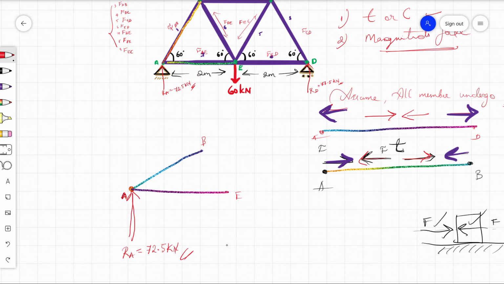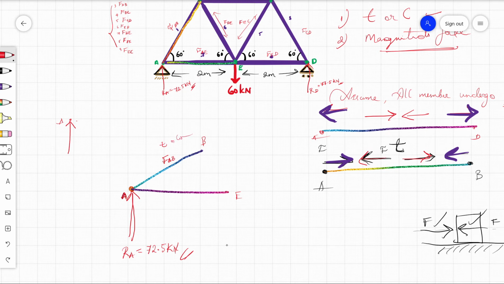What does it look like in a concurrent force system? If the force is there, does it look like that? We take this point A as it is, point A. We'll take the reaction which is going upward. Now we have a member AB, right? The force that is created by the AB is FAB. We take either it may be tension or compression.